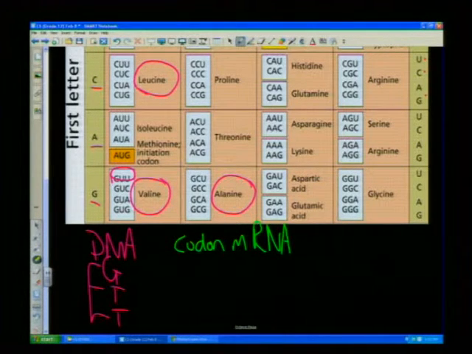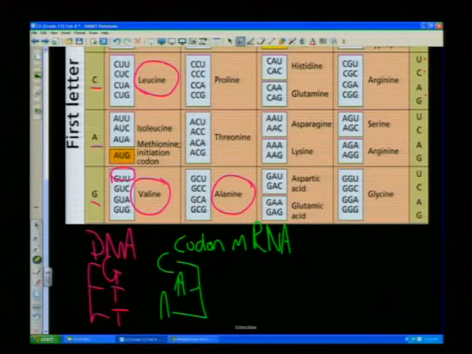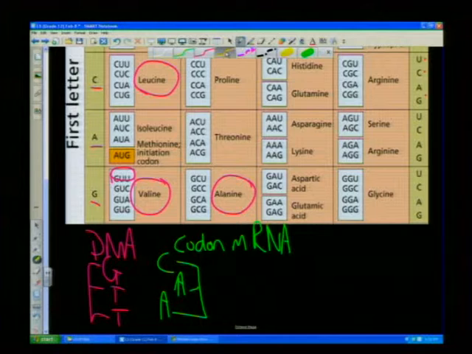Okay, the codon carried by your messenger RNA is going to be the opposite. The opposite to G is going to be C, the opposite to T is A, and the opposite to T is A. And then we go to the